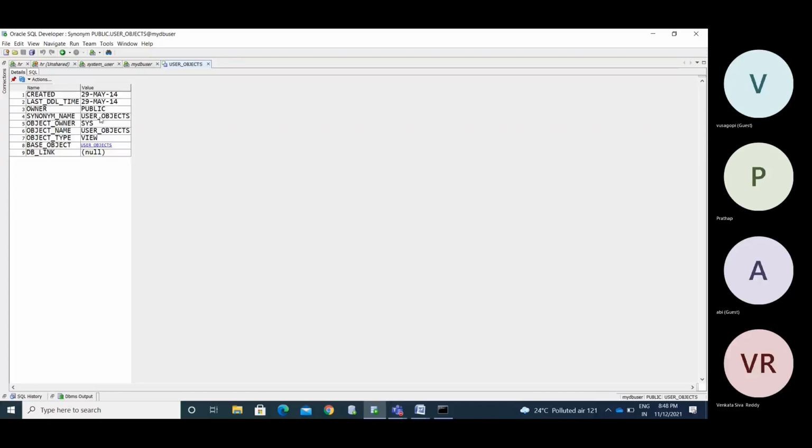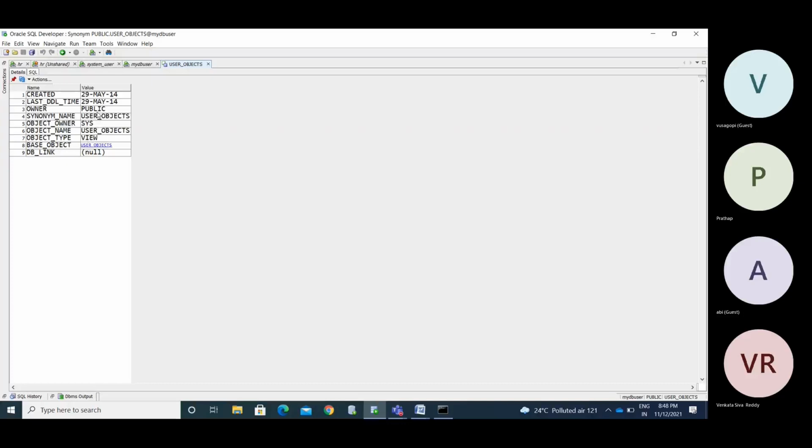Who created that user_objects? SYS. So the SYS user created the object named user_objects, the object type is view, and for this user_objects view he created a public synonym. Okay, this is a public synonym.